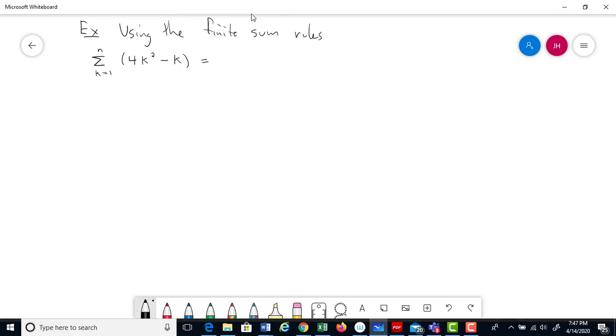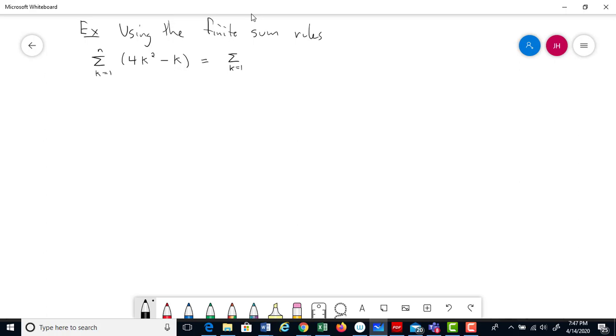All right, so what I know is, remember I made you do that with limits. I made you do the limits for quizzes and exams. I'm going to make you do this here as well. And what's nice is these rules are very similar. So I know the summation of the difference is the difference of the summations. So this is going to be the summation from k equals 1 to